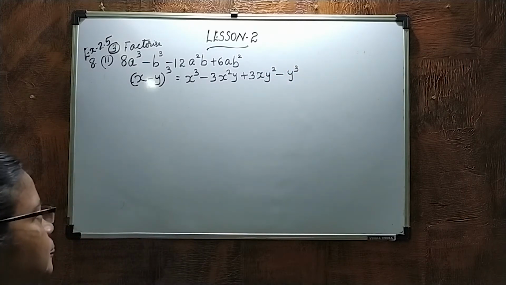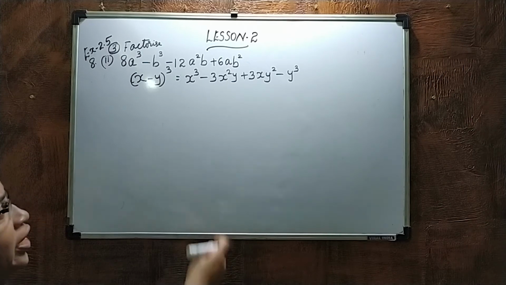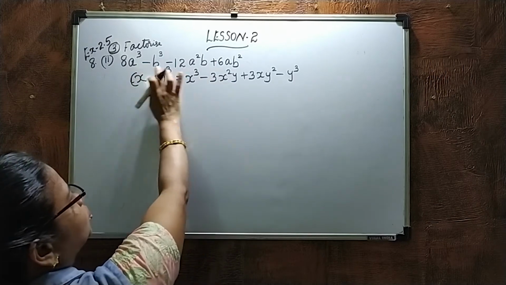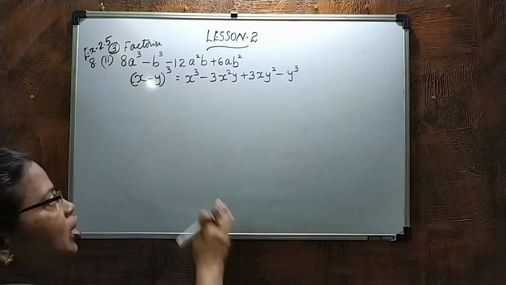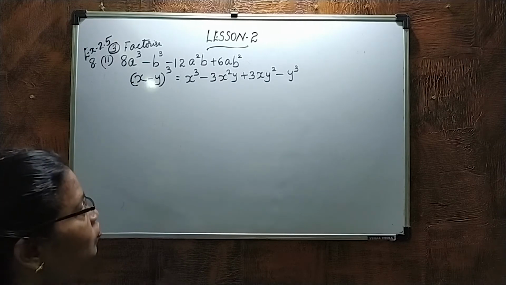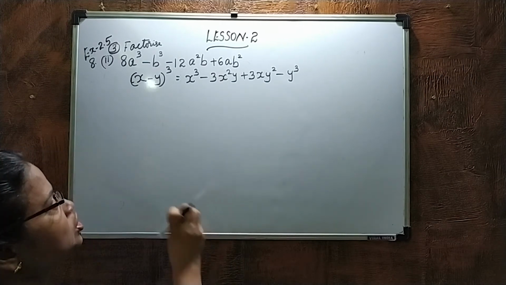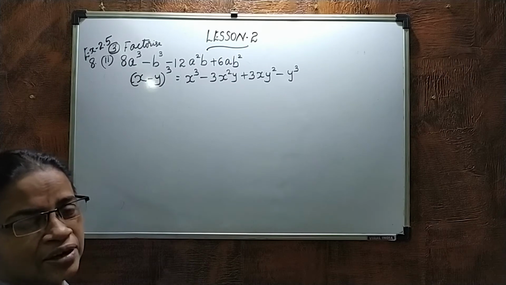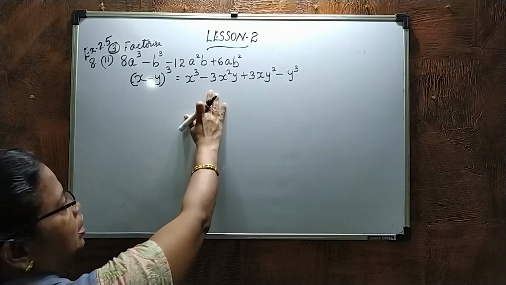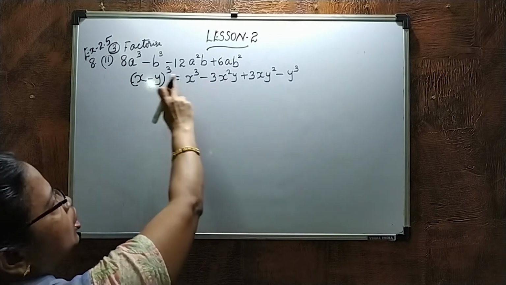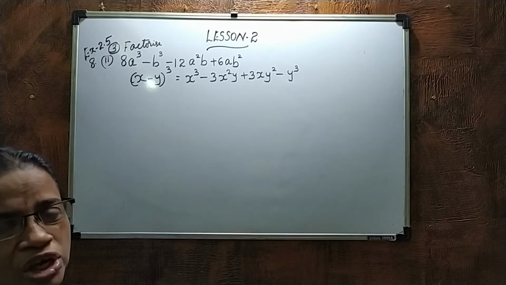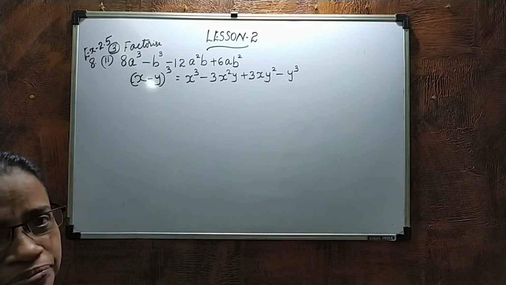This is the identity. Now what they had given you? They had given you the right hand side. This is the answer they had given you. Okay. And you have to find out what is x, what is y. First you find out from the x cube what is x. From the y cube you have to find out what is y. Then substitute with 3x square y and 3xy square whether the question is the same terms we got it or not.